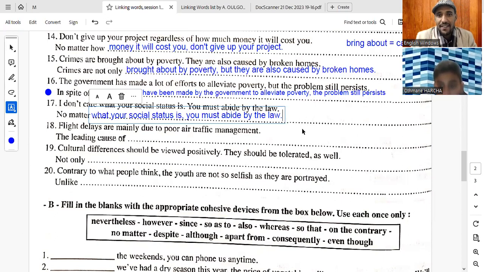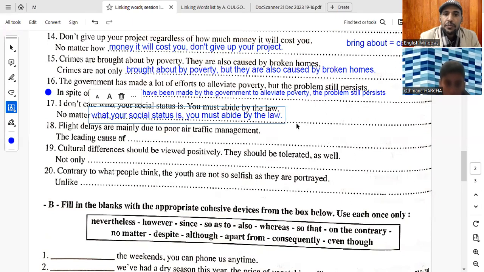قانون, la loi, right? Alors, you must abide by the law. الكونتكست غنفهموا شنو هي abide. Abide, it means respect or apply the law, right? And خصك تحترم القانون, right? التزام بالقانون. This is what it means to abide. We say to abide by the law or to, you know, to respect the law, right?